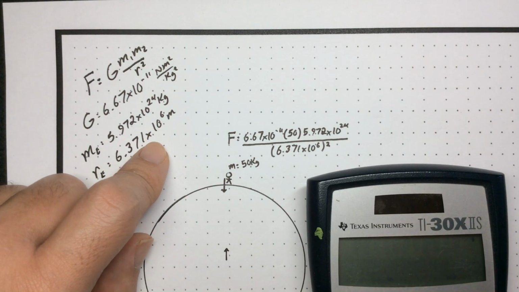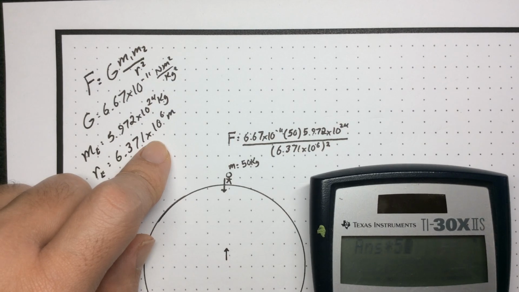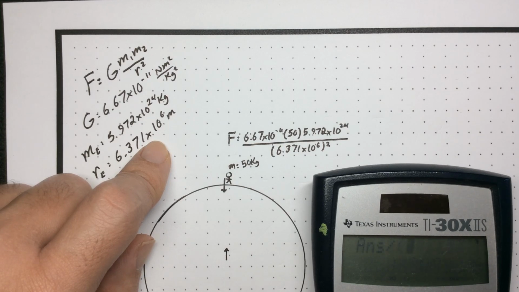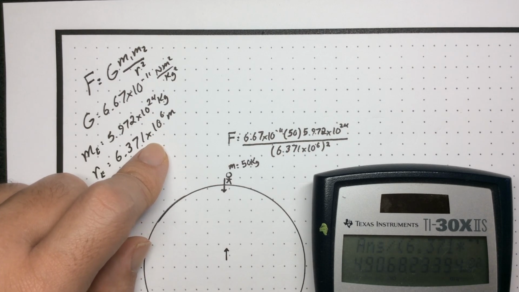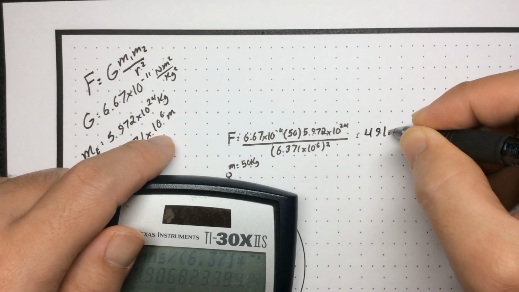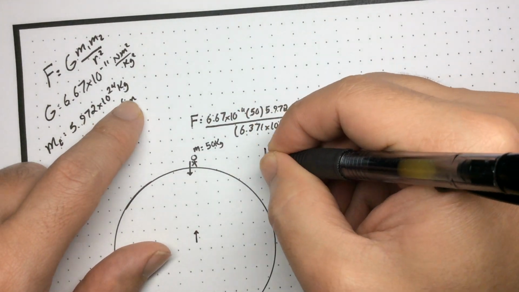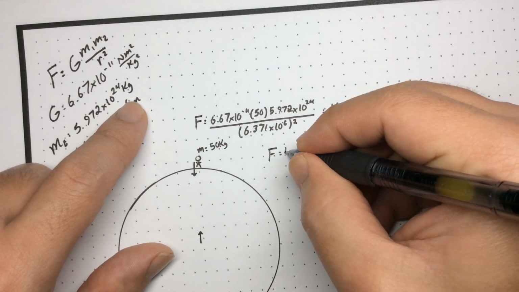So just to double check, we got 6.67 times 10 to the negative 11th times 50 times 5.972 times 10 to the 24th, divide that by 6.371 times 10 to the 6th power, all that bottom stuff squared. And we get about 491 newtons. And that's interesting because really, if we're doing an F equals ma thing, and F is equal to 491